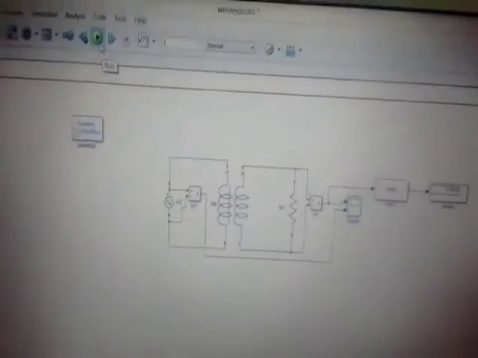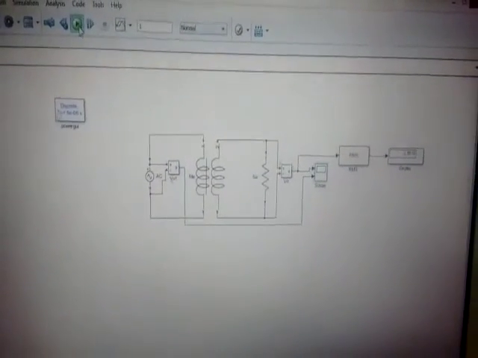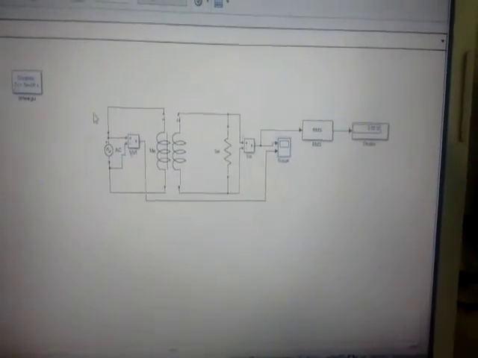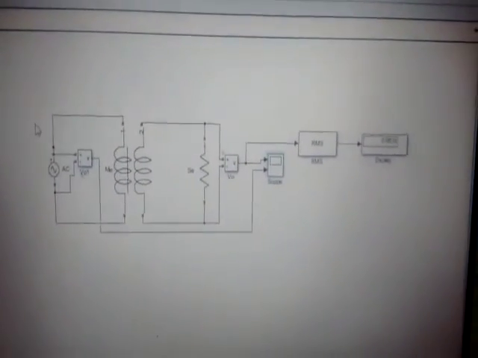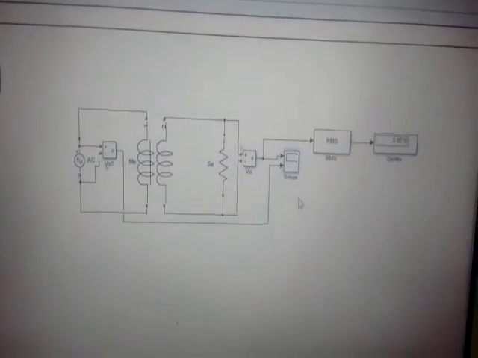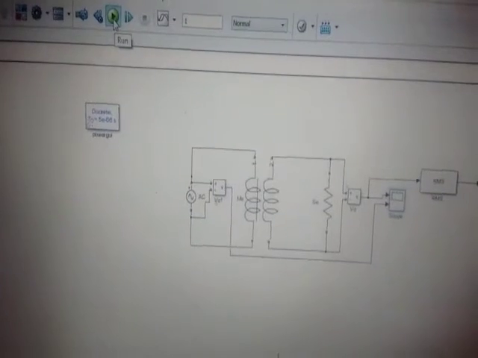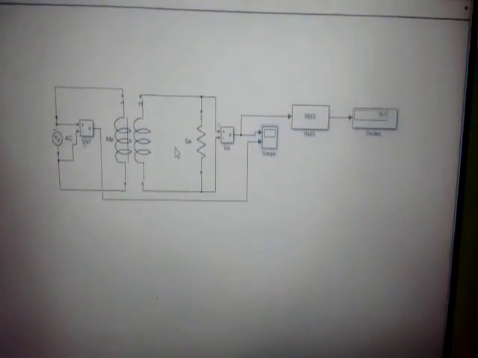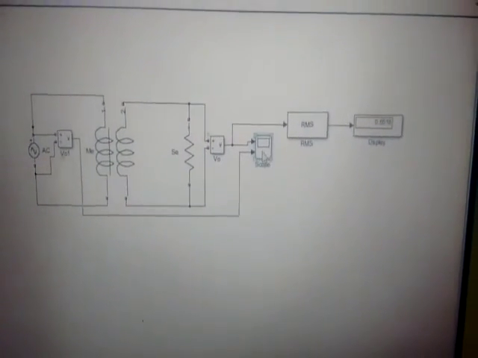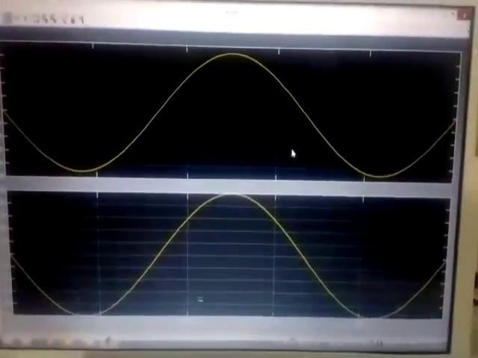We are doing the simulation. Simulation means the imitation of reality. Now we are running the project, and the time on this screen is simulation timing. Now the entire project is working on the display screen. You can see some numbers rotating, and to see the result we are pressing the scope, and then we can see the two sine waves, one up and one down. Now the upper part is the signal where we are sending a resonance signal with the maximum condition. Now if the person has COVID-19 symptoms, we can